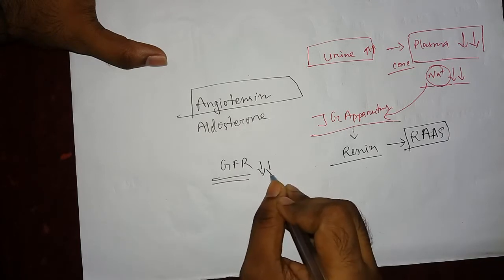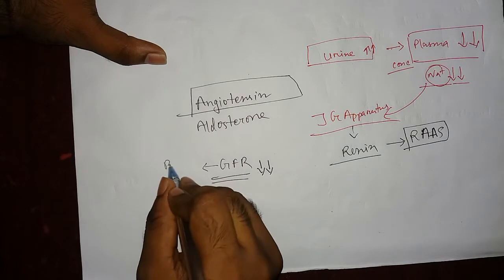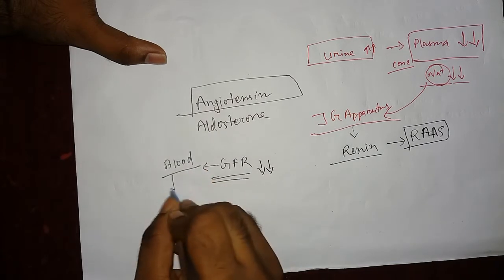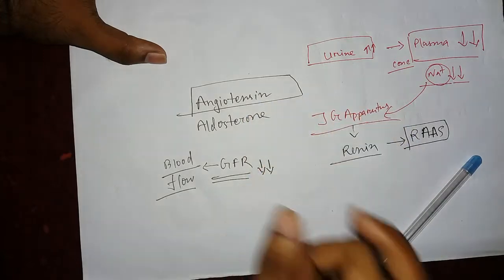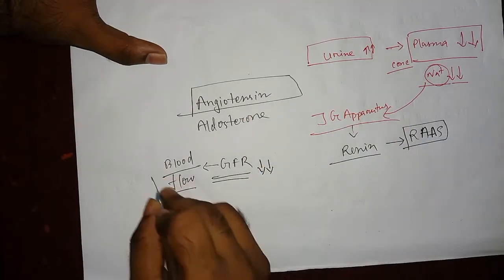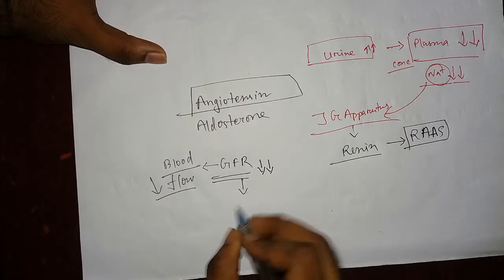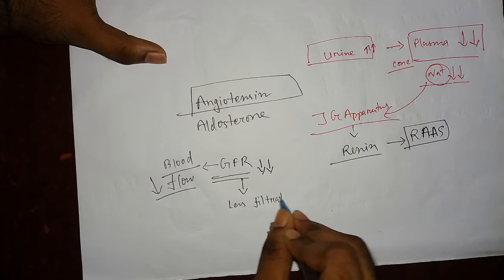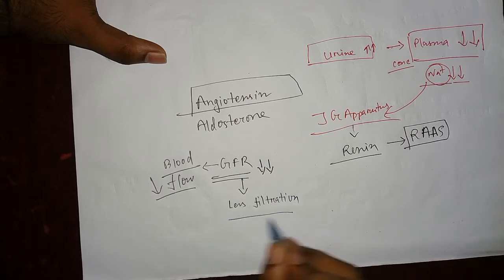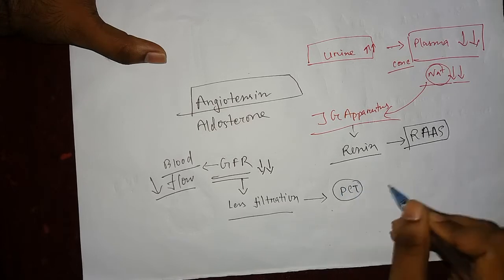Why will the glomerular filtration rate be decreased? Because glomerular filtration rate depends on the blood flow. As a result, the vessels become constricted, so the blood flow also decreases. As blood flow is decreased, his glomerular filtration rate is decreased, so less filtration occurs, and as a result, it will be absorbed through the proximal convoluted tubule,